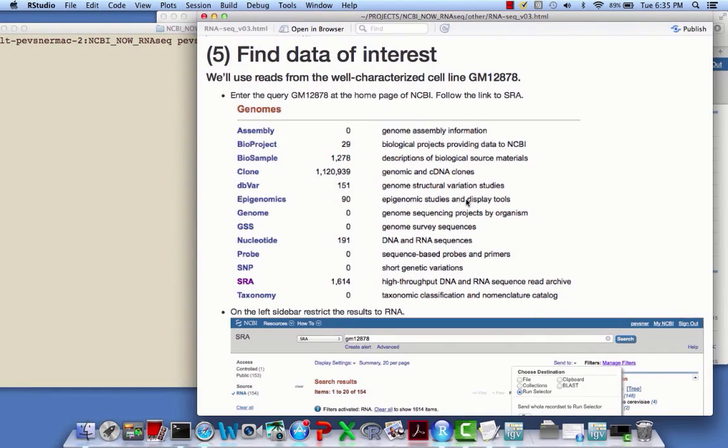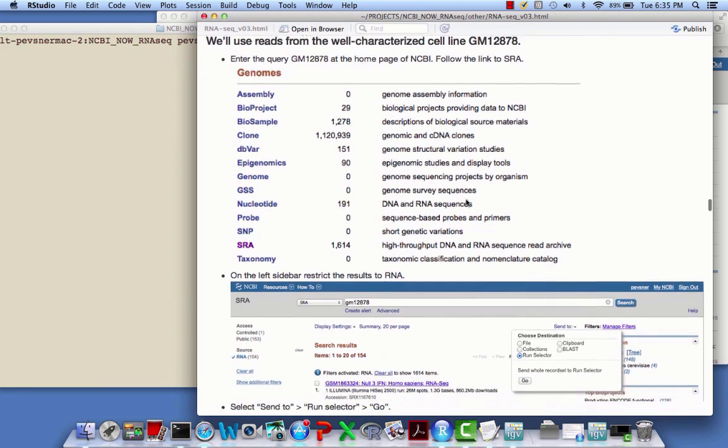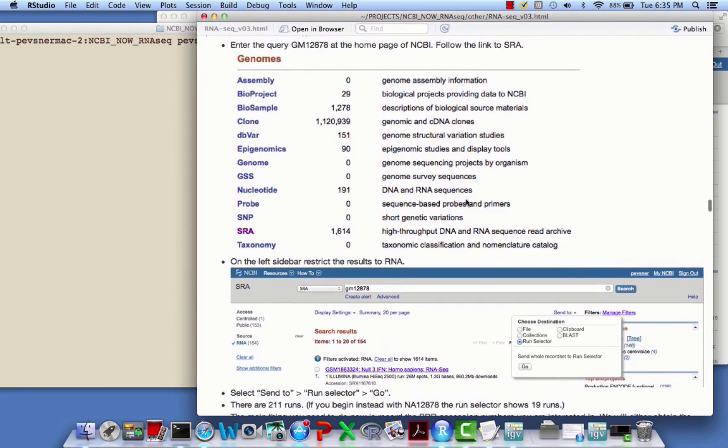Let's find some RNA-seq data. We'll use reads from the very well characterized cell line GM12878. The corresponding genomic DNA from that individual is NA12878. So let's enter the query, GM12878, at the homepage of NCBI, take a look at the records that are shown